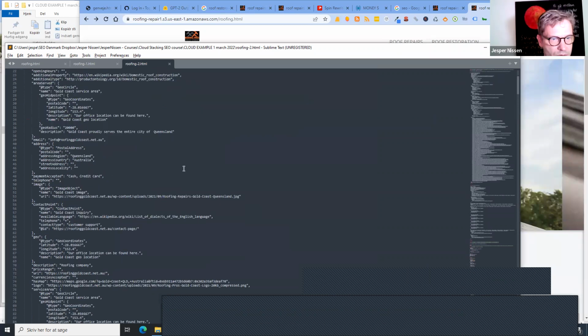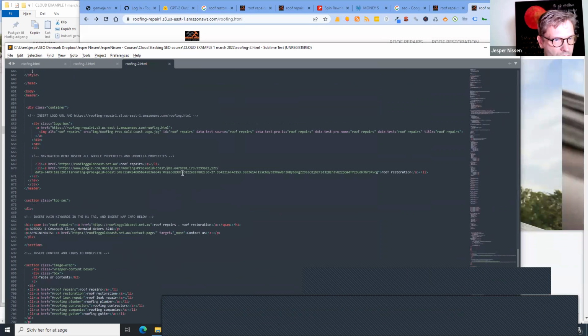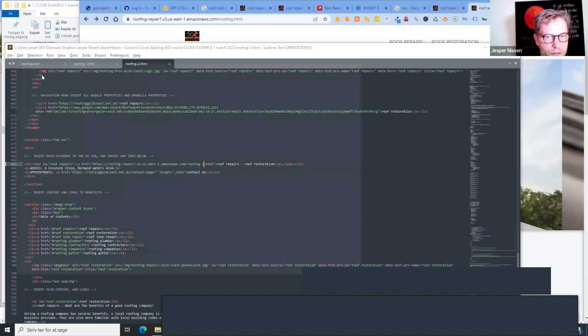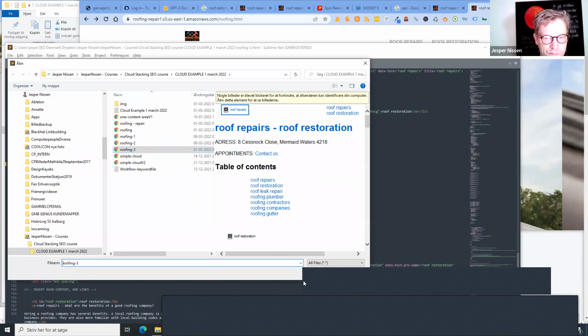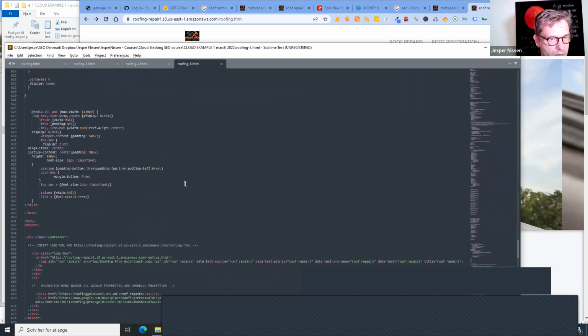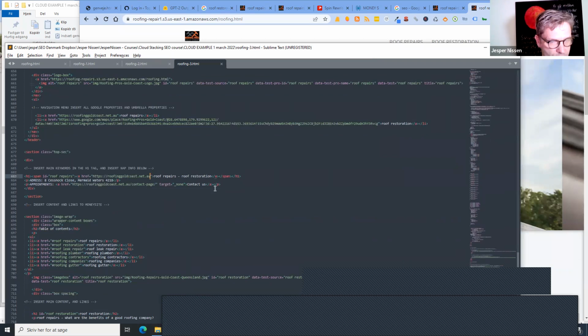And then I'll be going down to the H1 tag. It's here, and it should link to Roofing 3. Then I'm going to open my Roofing 3 file, and I'm going down to the H1 tag. Where is it? It's here. And this is going to link to,